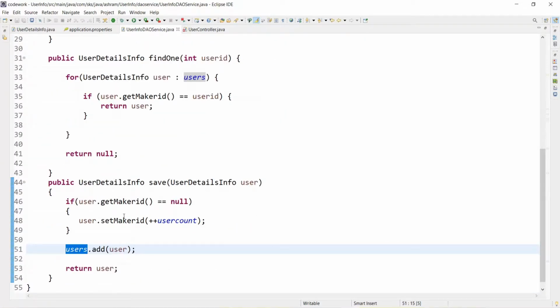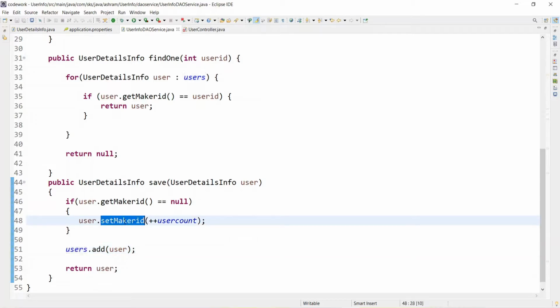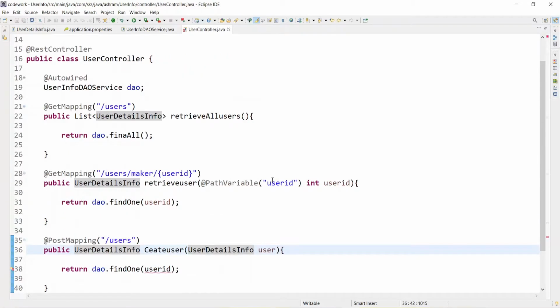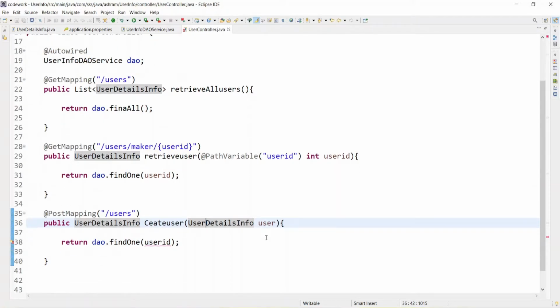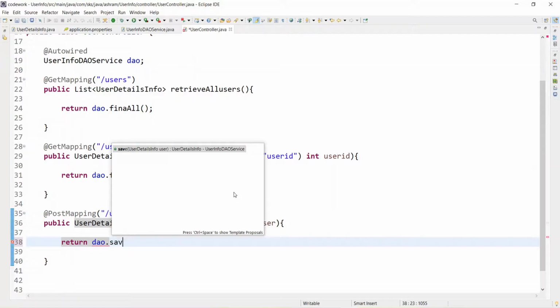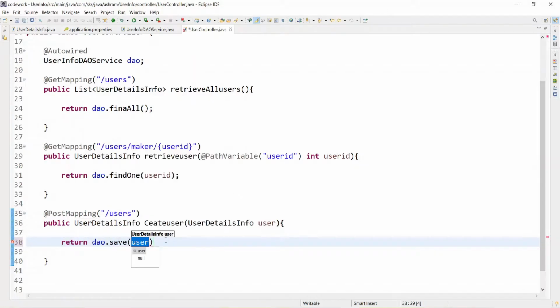In the save, we check if the maker id is null, then increment the count and create a maker id. So while posting from the client side we will not send the maker id or the user id. And here the DAO will call the save method.